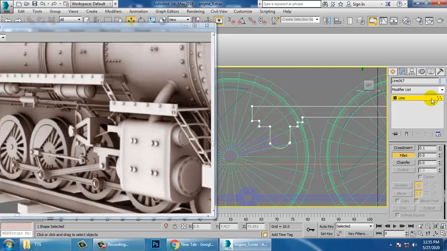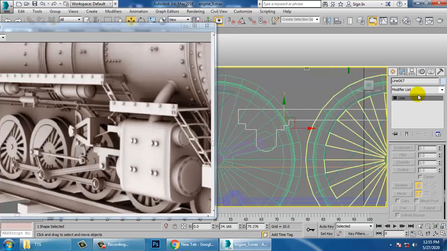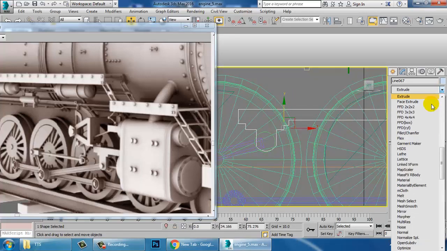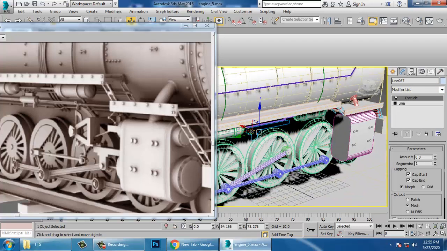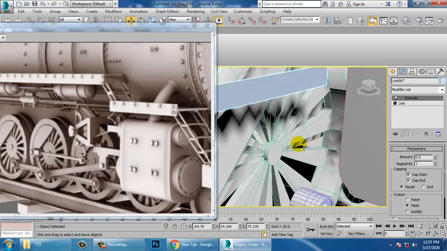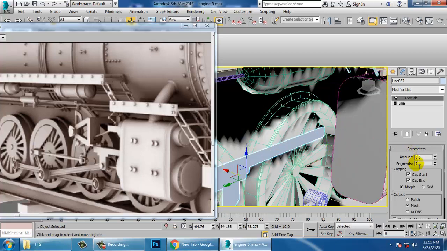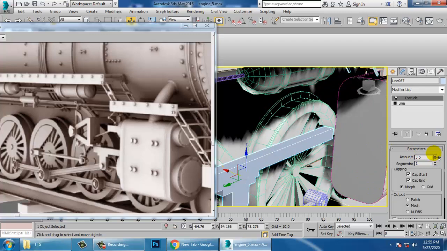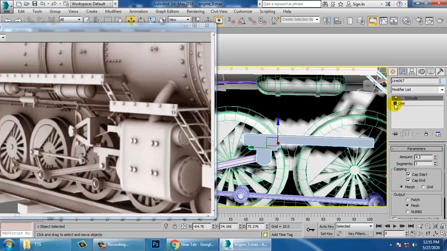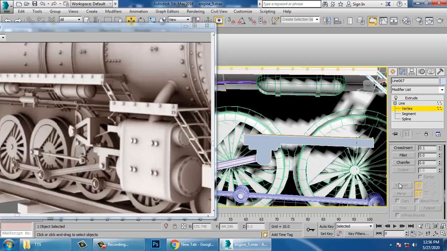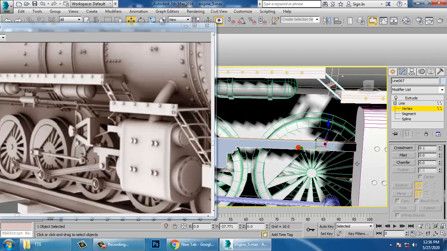Once you assign this fillet, let's give a modifier called extrude and push that out over here. Vertices, and push it inside.